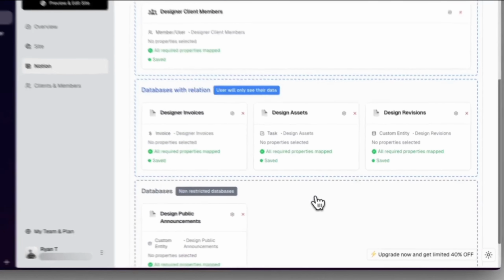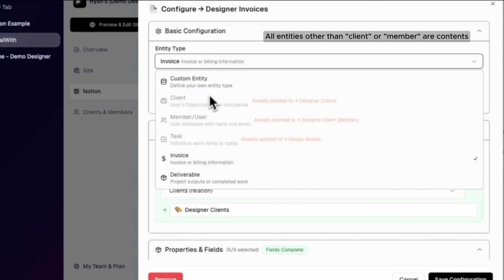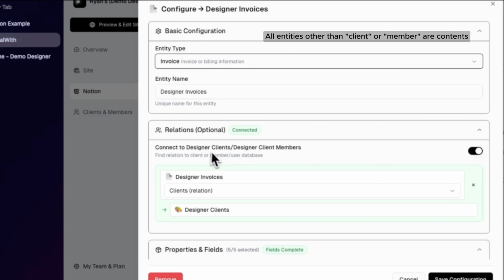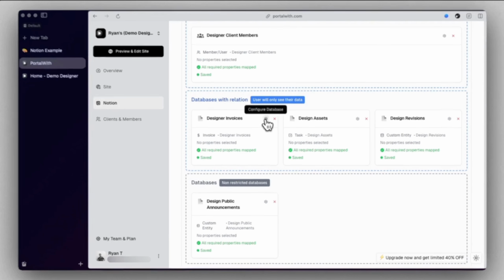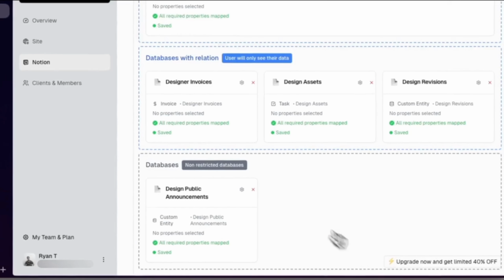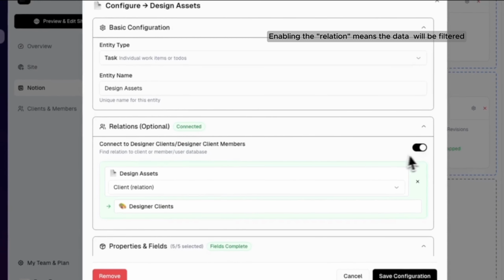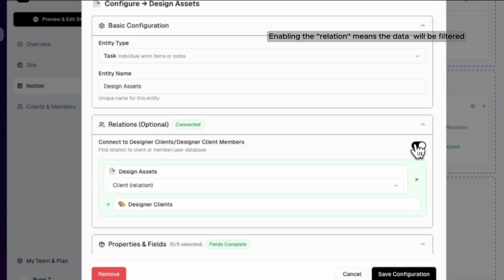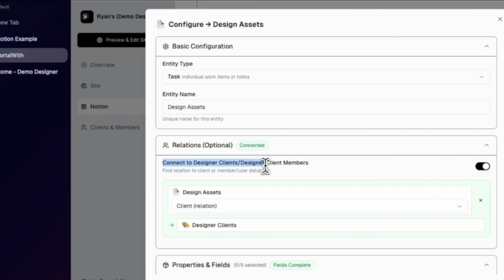Then next, onto the contents. Basically all other entity types other than client and member are all contents. But what separates contents is how you connect them with the user or client. In this case, I'm going to show you design assets. So I toggled here connection. This is basically to tell PortalWith how